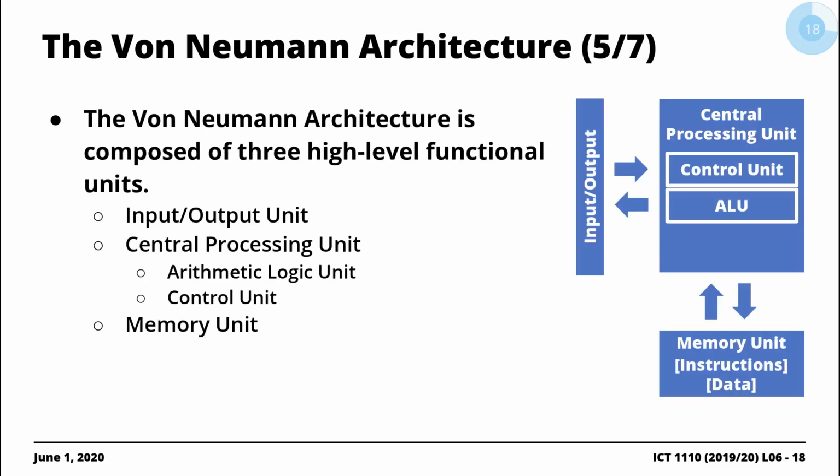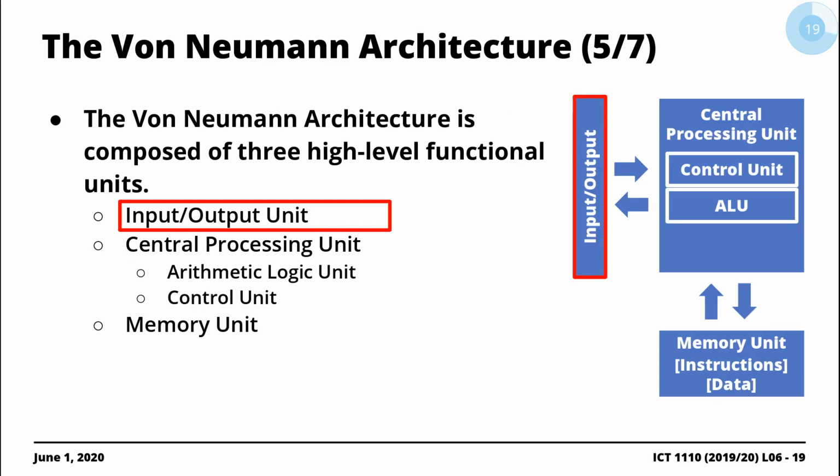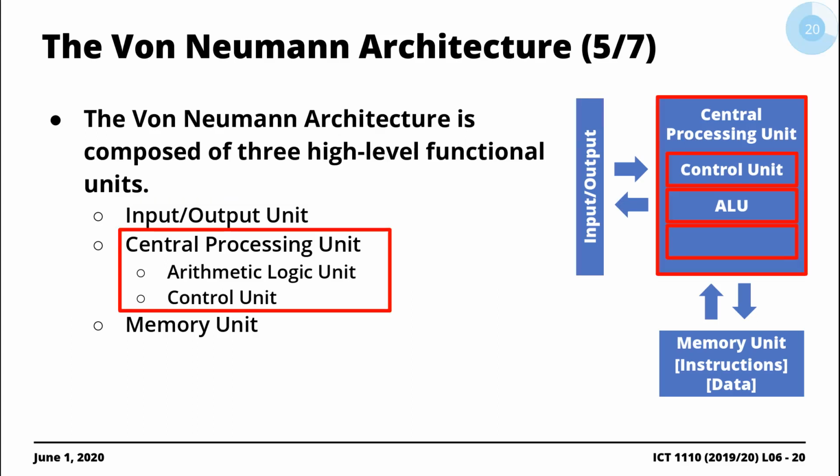And then you have the memory component, which is actually responsible for the storage of data and instructions. Right? Very basic idea here, but very powerful, right? So we will go through these different von Neumann architecture functional units in sequence, but just to remind us that the von Neumann architecture is essentially composed of 3 high-level functional units. Sometimes you could just say 4 because input and output could be split into 2. So the input and output functional unit,